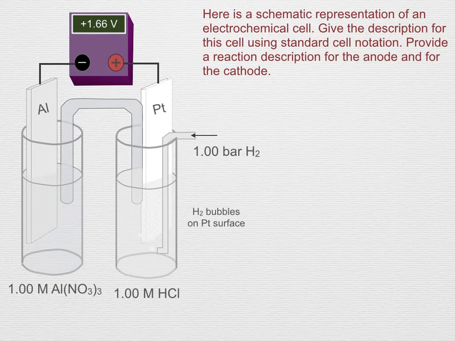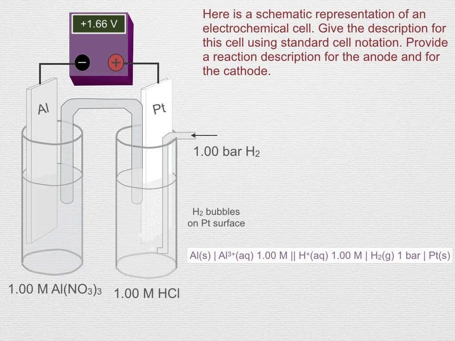The other electrode is like the ones we have seen before, except it is using aluminum as the metal, and aluminum 3+ in the solution. In standard cell notation, we would write solid aluminum is the anode, a phase boundary to the solution which consists of aluminum 3+ at a concentration of 1 molar, then a salt bridge, then a solution of H+ at 1 molar, a phase boundary to gas phase hydrogen at 1 bar pressure, and finally another phase boundary to the solid